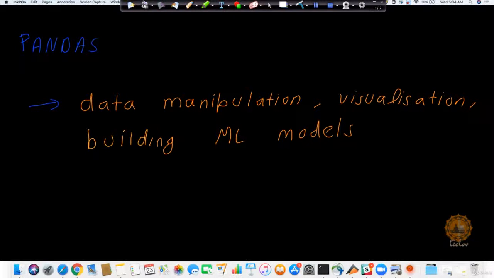Let's discuss another interesting library called pandas. Pandas is basically used for data analysis, and it is built on top of NumPy. We have already learned about NumPy, and pandas is built on top of NumPy. Now, you will be using this pandas package a lot. In fact, you are going to use it heavily for any data manipulation. You can talk about any sort of data analysis, any sort of visualization, any sort of machine learning model building.